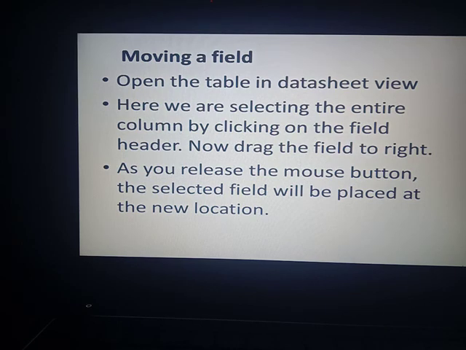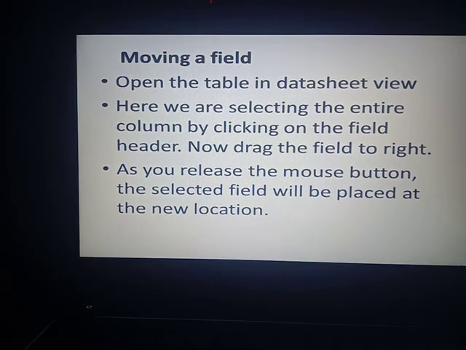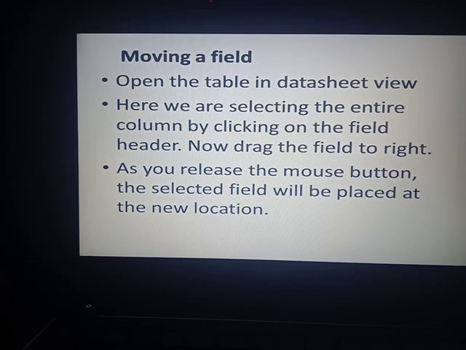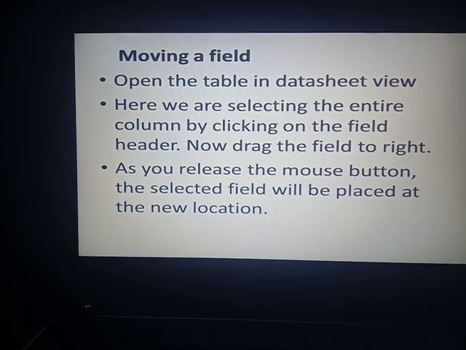You can drag your table header from one place to another, and you have to keep pressing the button until the place where you want to move your header. You don't have to release the left mouse button before that. So press the left mouse button and drag your column from one place to another where you want. After that you can release your button.